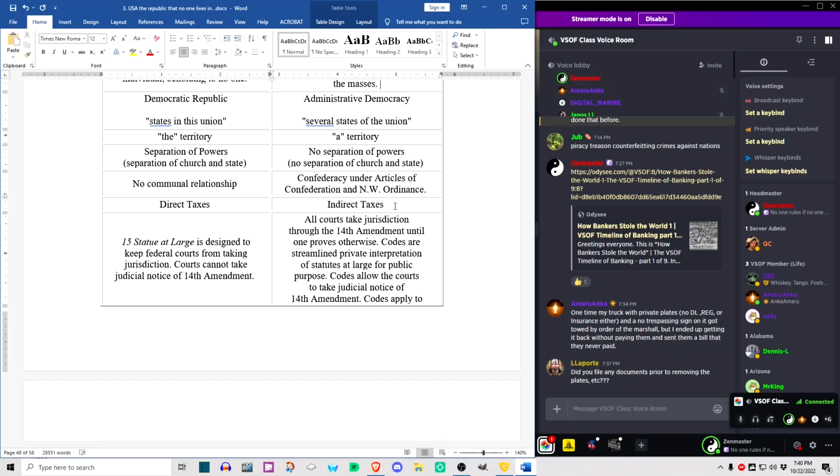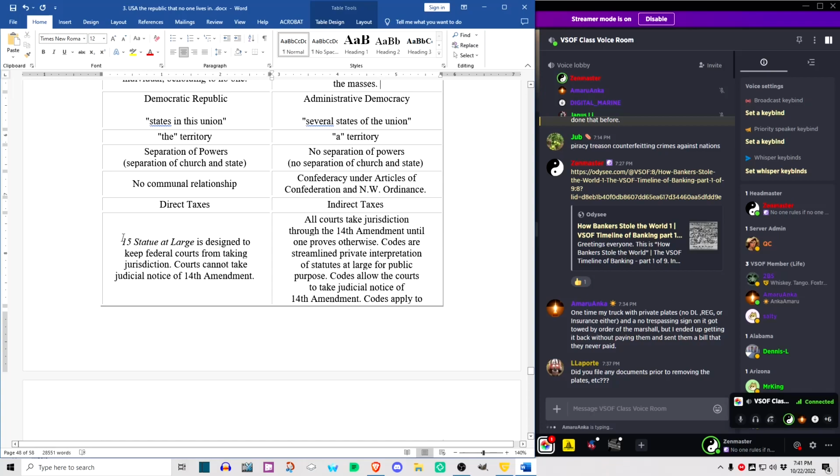But if it's a direct tax, meaning everybody has to pay it, that means it has to be apportioned, meaning everybody must get the benefit from it. And if it's not apportioned, meaning if it only goes to, say, the IRS to pay the national debt, well, then that's a direct tax. It's unapportioned. You can't do that, right? So that's a better explanation than just putting these two up here.